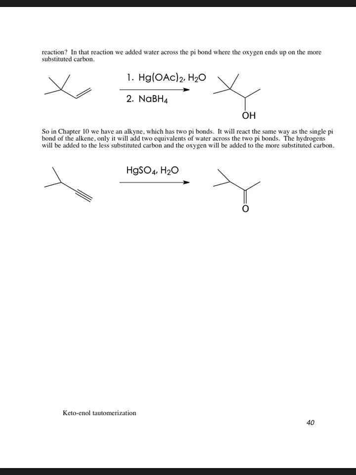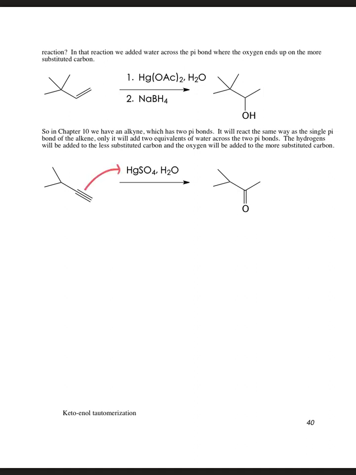So if we have the mercury acetate in water, we showed before, we've drawn the mechanism many times where the pi bond grabs the mercury, you kick out an acetate, water adds to that more substituted side, you take off the extra hydrogen. We've drawn that mechanism many times, and then you reduce off the mercury to form the more substituted alcohol. So in this one, we're going to get